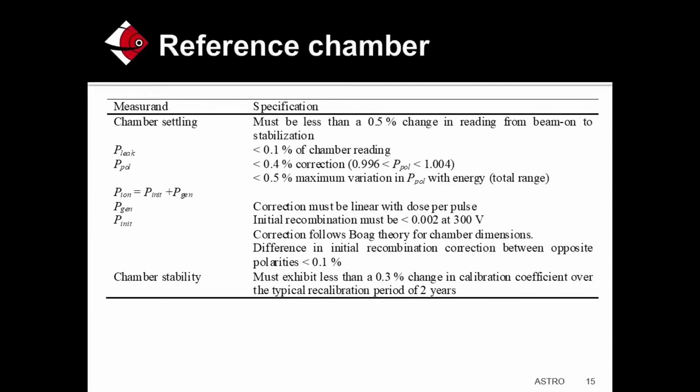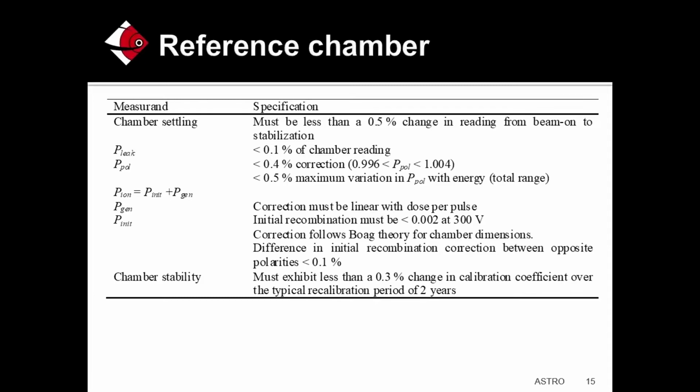Basically, the general recombination is linear with the dose per pulse. And that's a measurement of different dose per pulses. If you're using 100 monitor units up to 600 monitor units, the recombination for the general recombination should be the same. Initial recombination is less than 0.002 at 300 volts. That correction all follows the Boag theory for chamber dimensions,